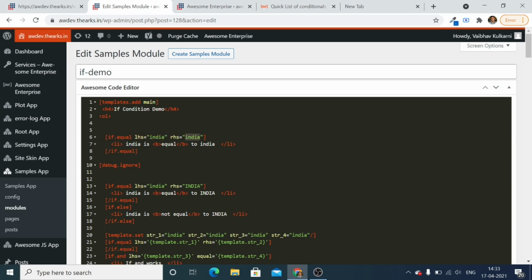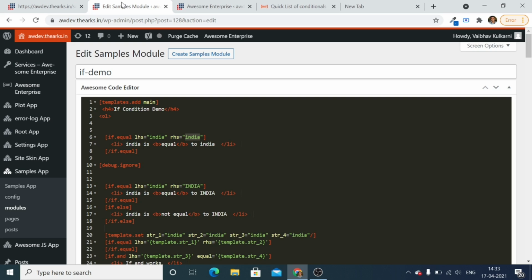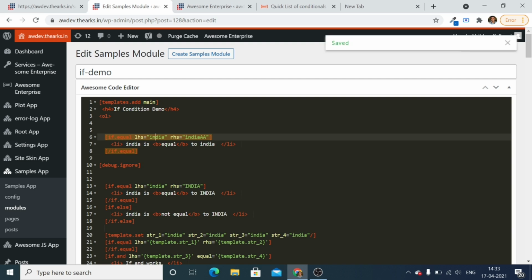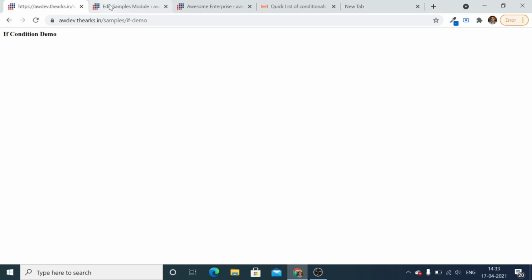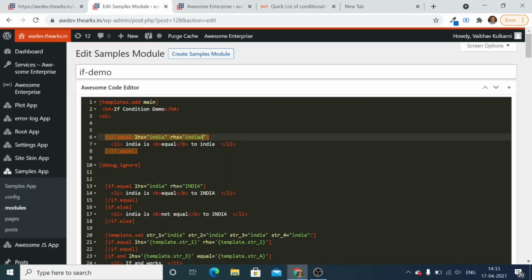So both strings are equal, so it is showing India is equal to India. So let's check the output. India is equal to India. So we can check it. This will not work in this case because this string is not equal to this one, so it will not show anything. So this is how the if dot equal works.